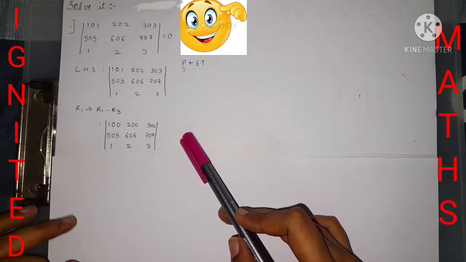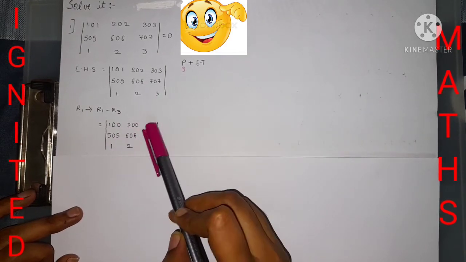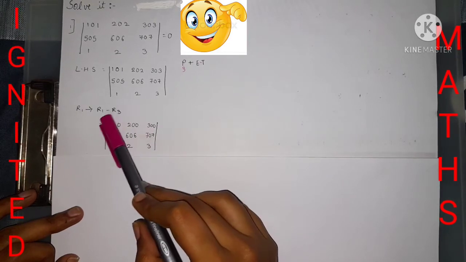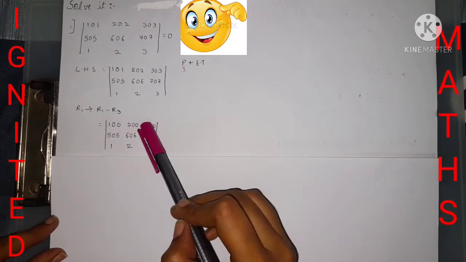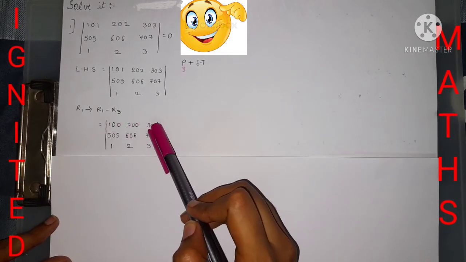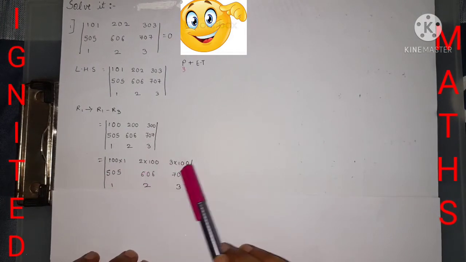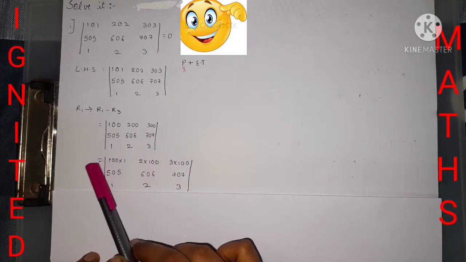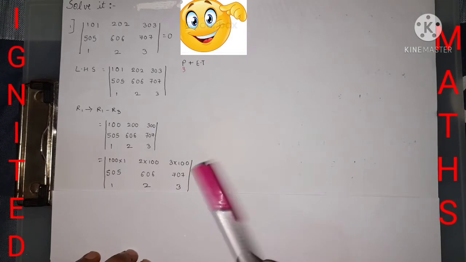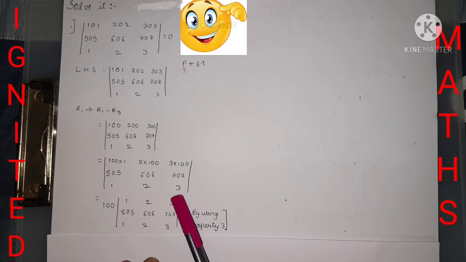Now again I'm watching it. This is 100, 200, 300. This is 100 multiplied by 2. This is 100 multiplied by 3. Now I'm getting that this whole row is multiplied by 100. That is, row 1 is 100 into 1, 100 into 2 and 100 into 3. So it's related to 100. Now I'm going to take 100 out of the whole row 1. If I take 100 as the common term, then I get 1, 2, 3. In our row 3 also I got 1, 2, 3.